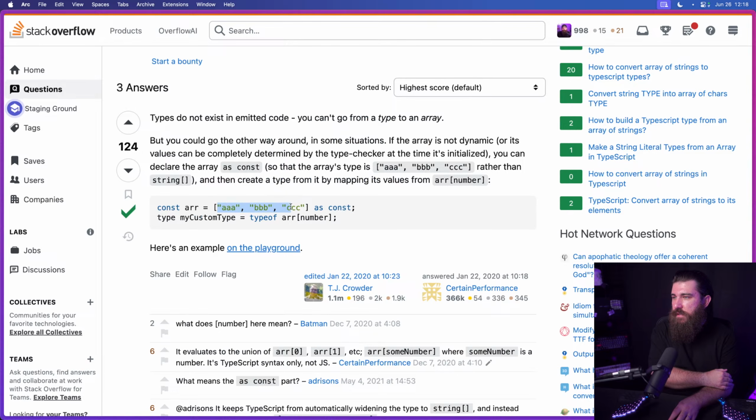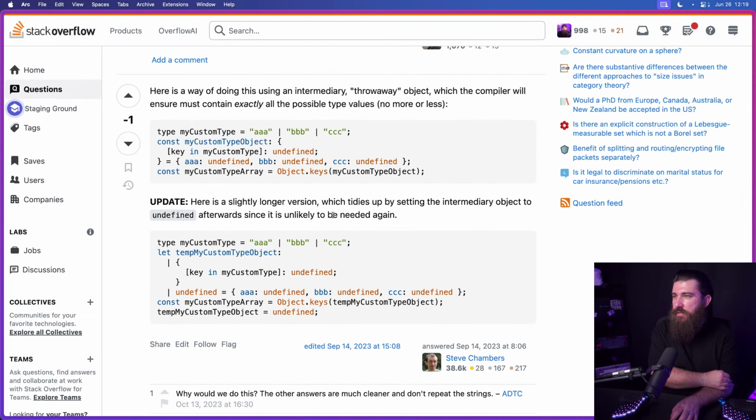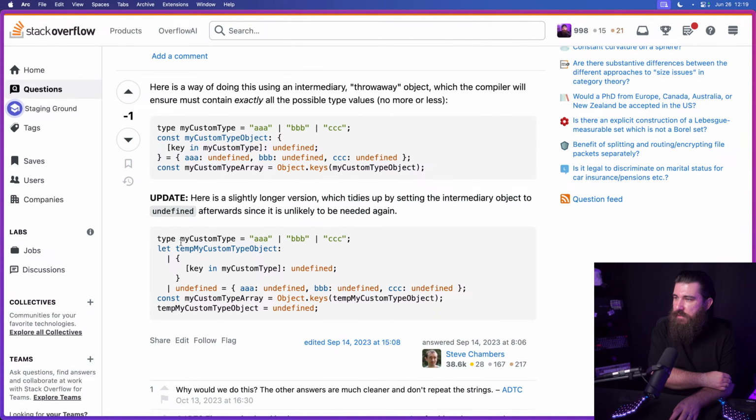We have to manually create the... Yeah, but we don't have access to creating the type, or to this slightly longer version, which tidies up by setting the, okay, so like there's a type when we create an object where the key must be a key from the types and it's undefined, and then we simply,